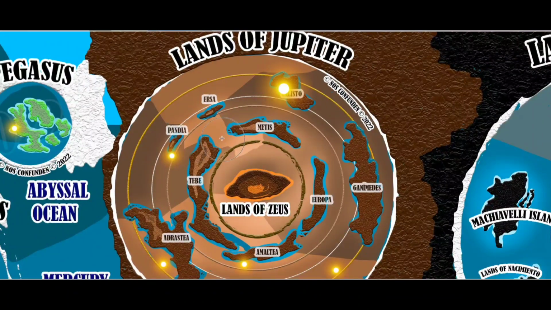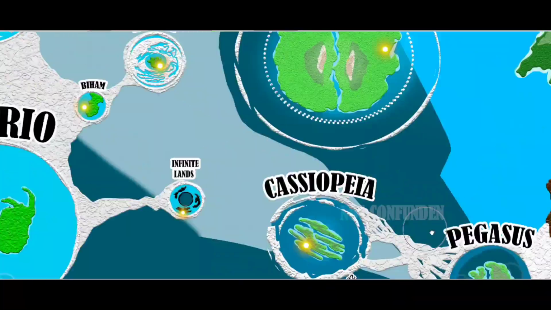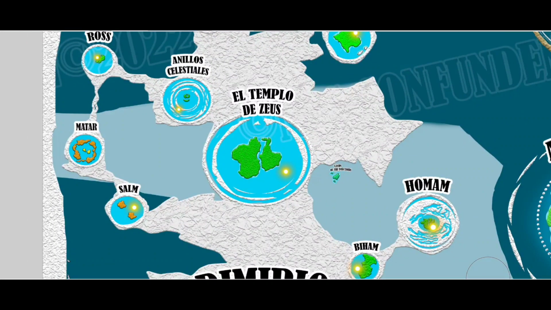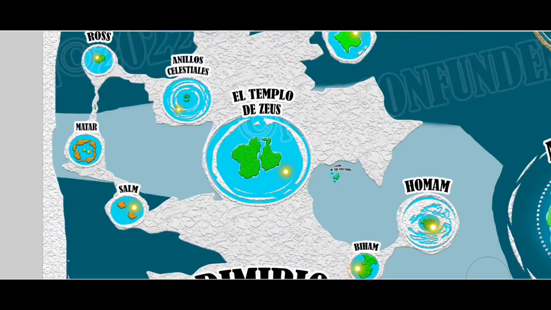So this could be the lands where Zeus was created first. Thebes, there's a lot of names here that have to do with Europa, Thebes. These are all names that have to do with the birthing stories of Zeus, the origins of Zeus, Ganymedes. But the Temple of Zeus could be the place where he is resting, because